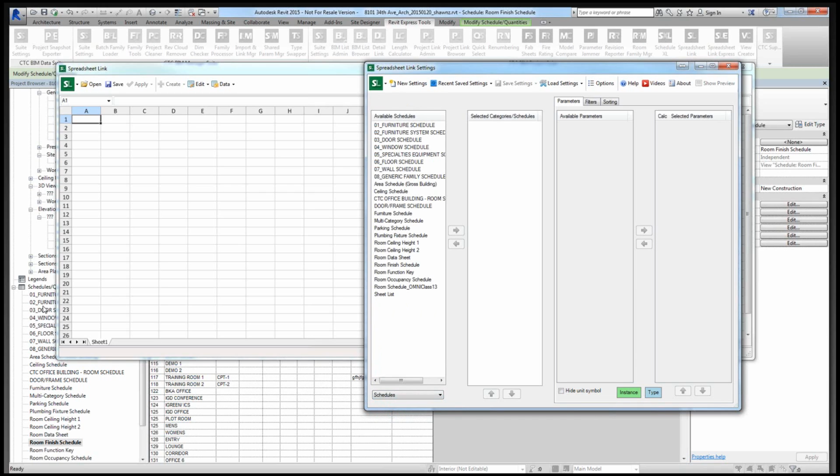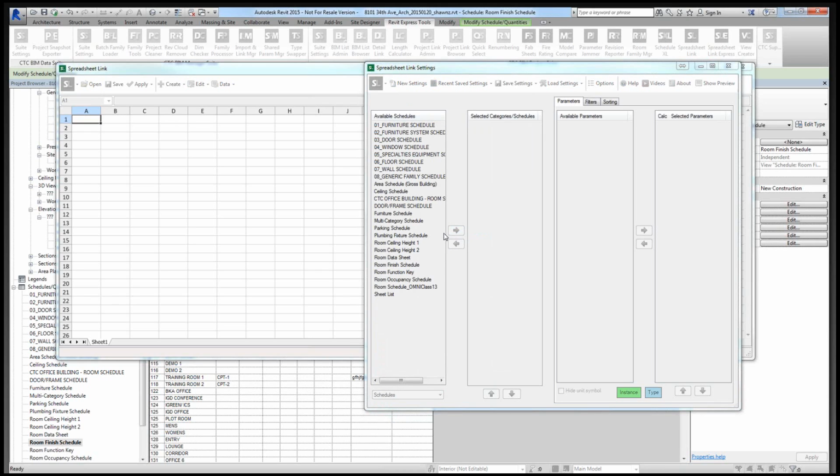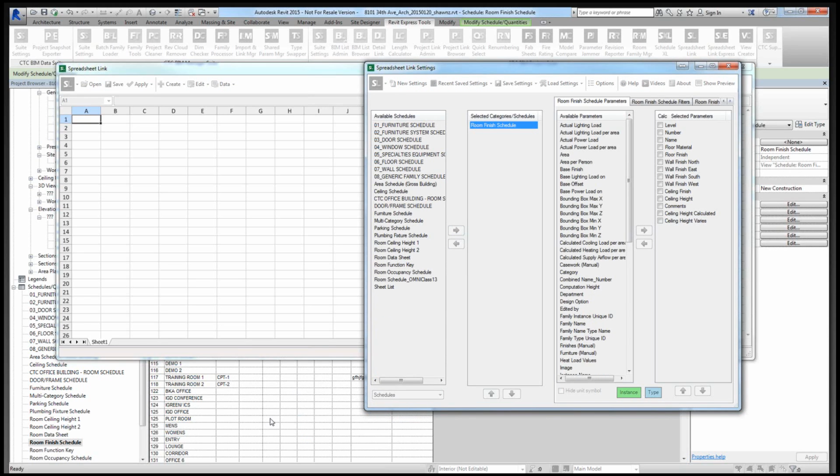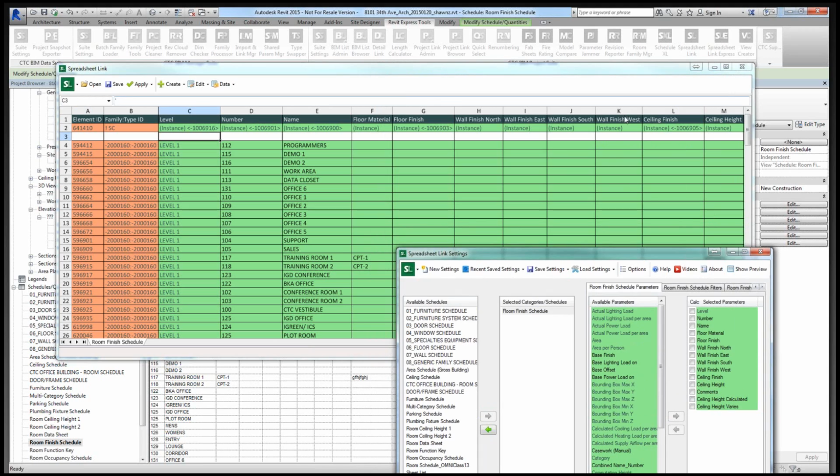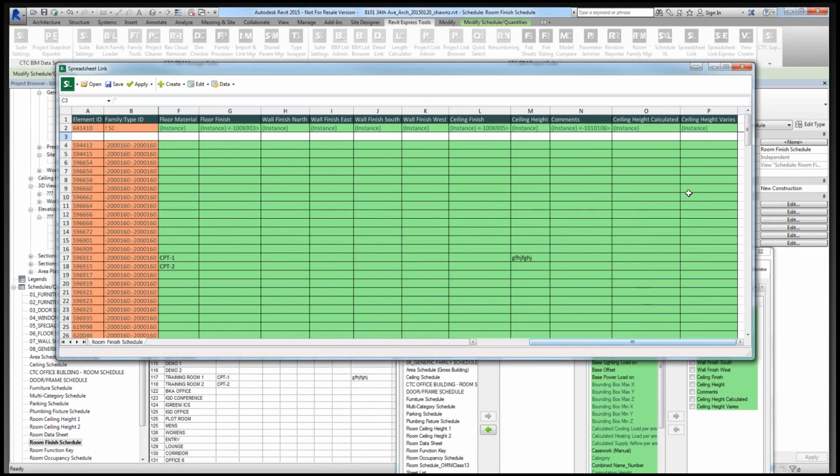So all these schedules over here to the left, most of those will show up in this list right here. And I could go ahead and grab things like the room finish schedule and add that across. Now, it doesn't do an exact format. It does grab all of the fields, but it doesn't do the exact same format because there's fields in Revit that might be hidden. And so those fields that might be hidden may potentially show up here in this export,